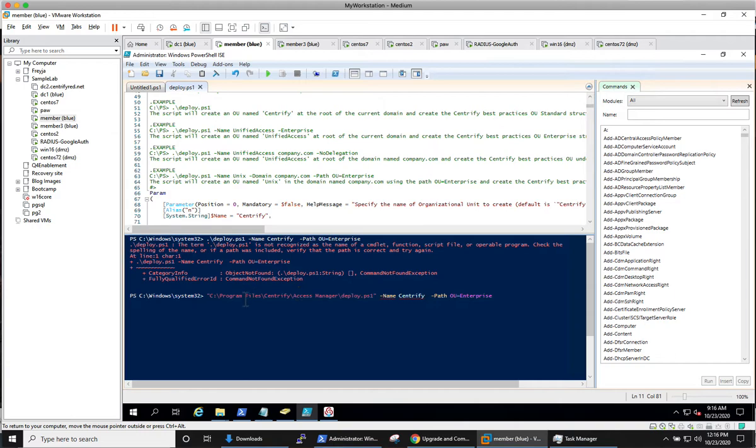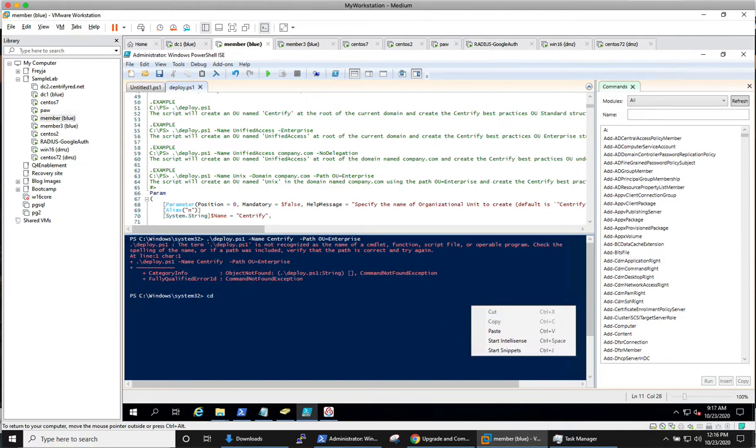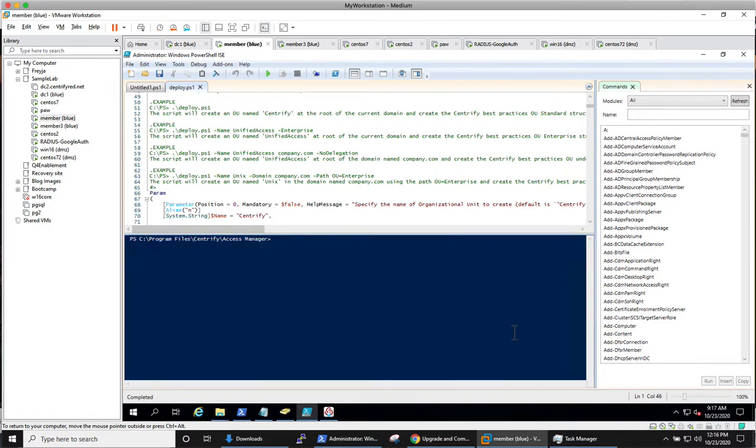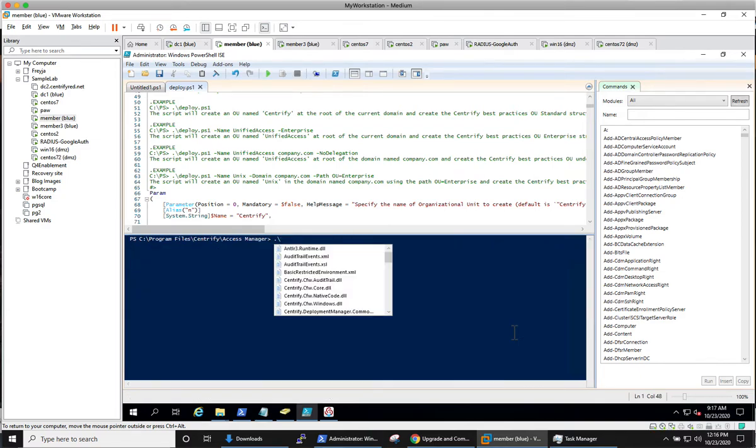So let's see, or maybe I can just switch folders. That's probably a better strategy. All right. So what we would do is, we're going to run deploy